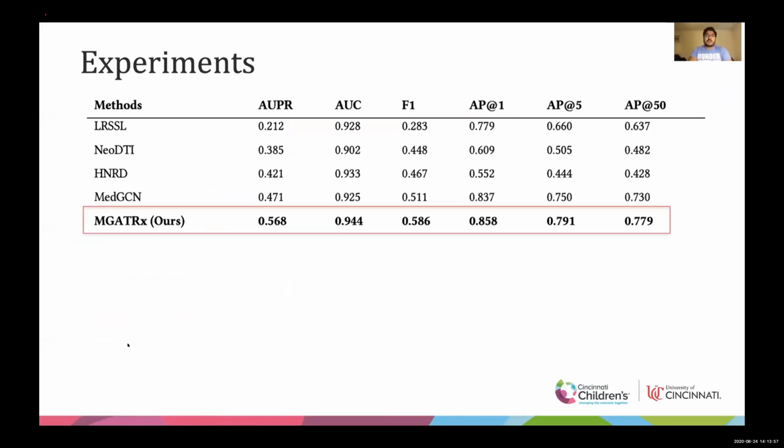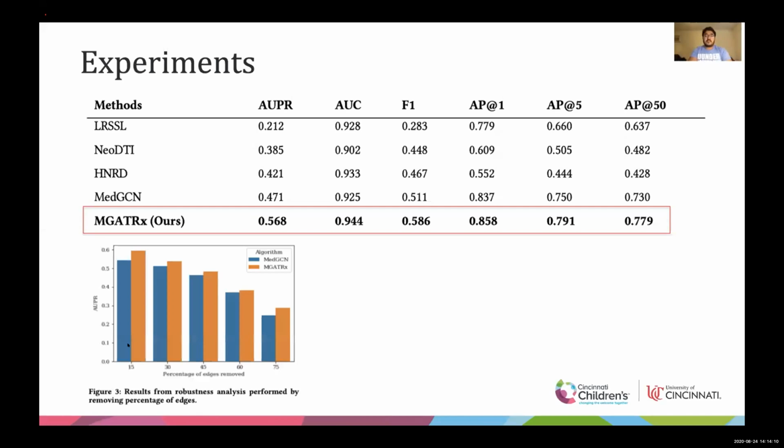Our comparative analysis with 4 current state-of-the-art models shows substantial improvement in prediction performance. This shows that MGAT-RX can handle extremely sparse networks. To test the argument that our proposed attention model is more robust than the convolution-based method, we removed a fraction of edges